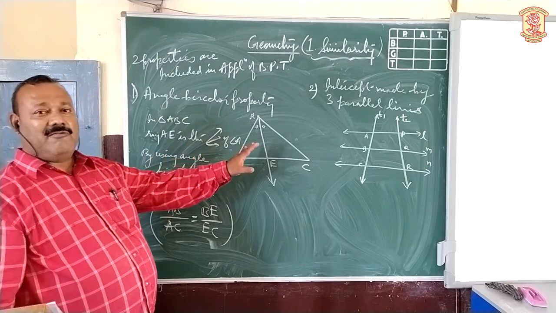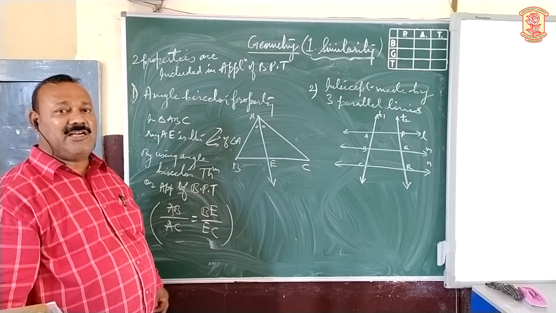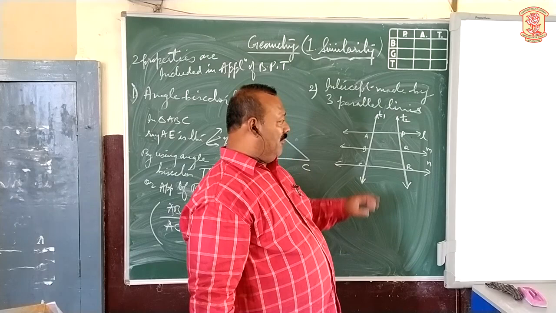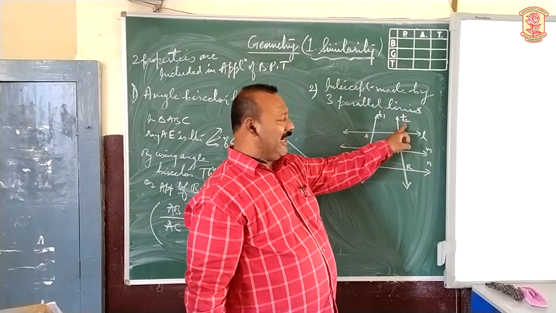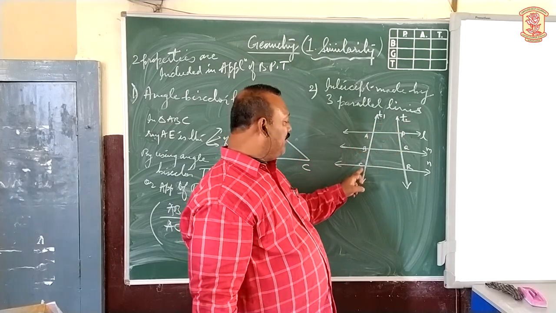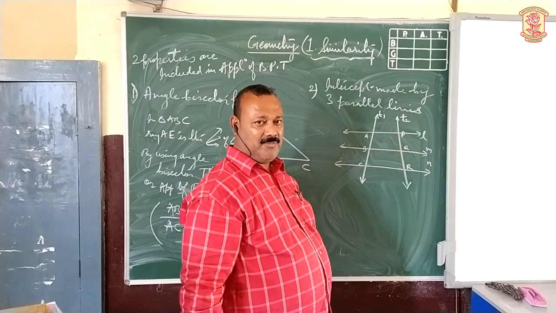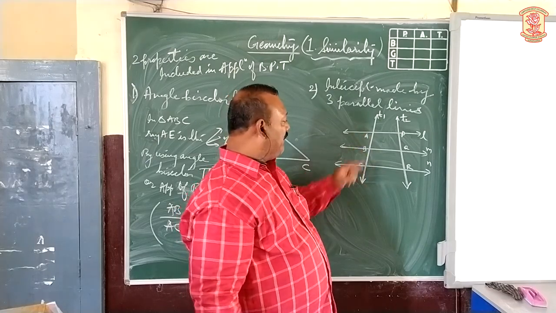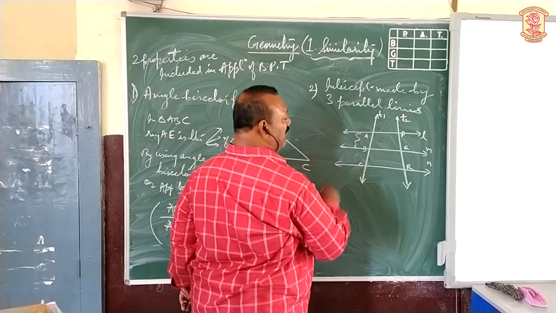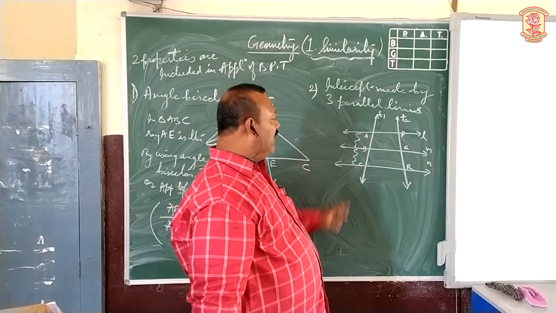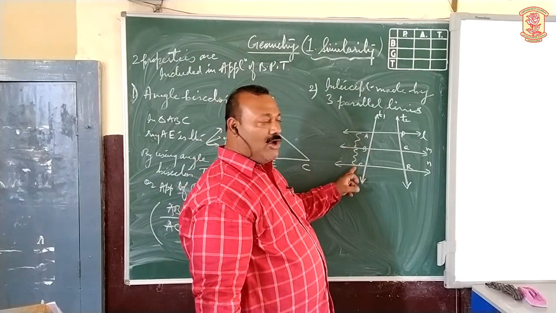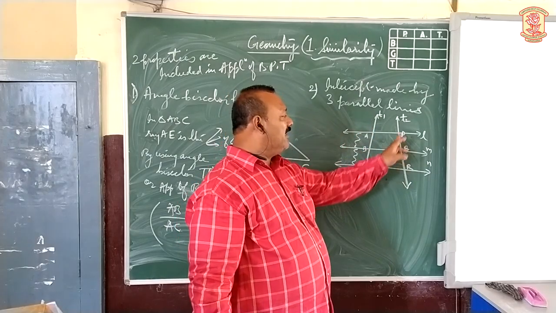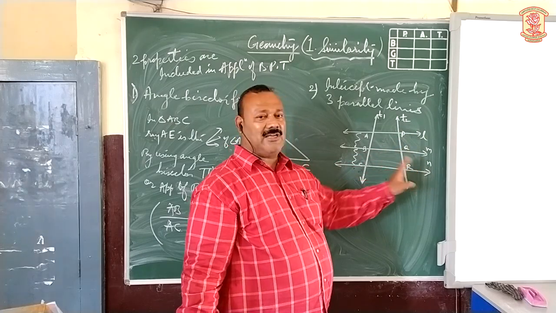The next application, which is also related to basic proportionality theorem, is whenever three parallel lines are given intersecting two transversals T1 and T2 in points A, B, C and in points P, Q, R. Now the intercepts made by three parallel lines: for example, one is AB, the second intercept is BC. The intercept made by three parallel lines on one side of a transversal equals the intercept made by three parallel lines on the other side of the transversal.